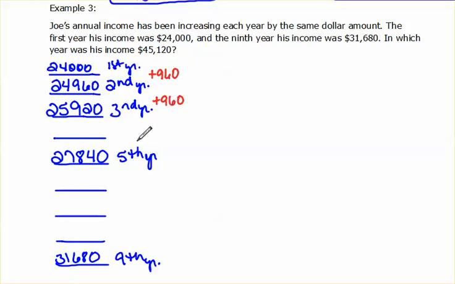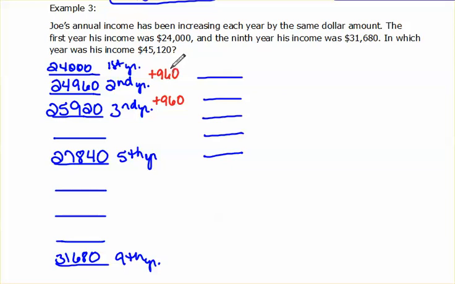Now, what you could do, since you know that, is say, okay, well, I know what he makes in the ninth year. What about the 10th, the 11th, the 12th, the 13th, the 14th? You could go on and on until you figured out when he made $45,120. That's a perfectly reasonable way of approaching this problem. Now, another way that you could do it is, now that you know the first term and the common difference,